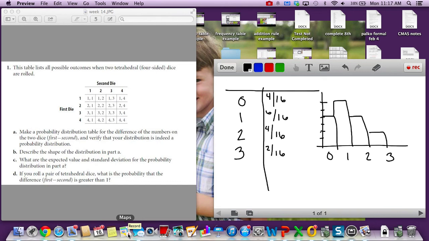Okay, so today we're looking at a probability distribution. This table lists all possible outcomes when two tetrahedral four-sided dice are rolled. So the first question says, make a probability distribution table for the difference of the numbers on the two dice, first minus second, and verify that your distribution is indeed a probability distribution. So what I actually did here,